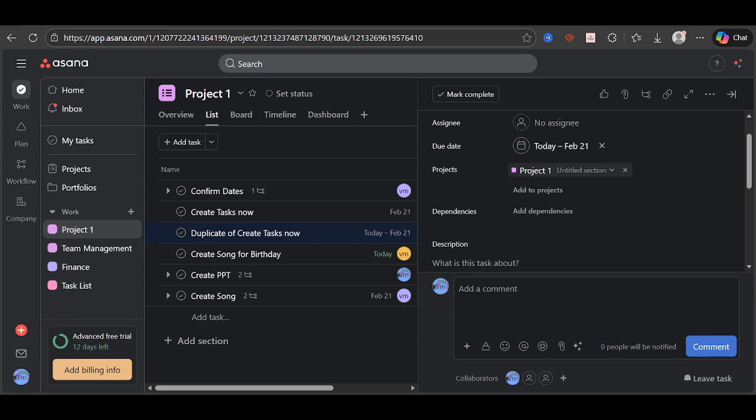That's all there is to it. Open the task, click the date field, add a start date, and select your start and due dates. With this simple habit, your planning becomes clearer, your timelines make more sense, and your team knows exactly when to